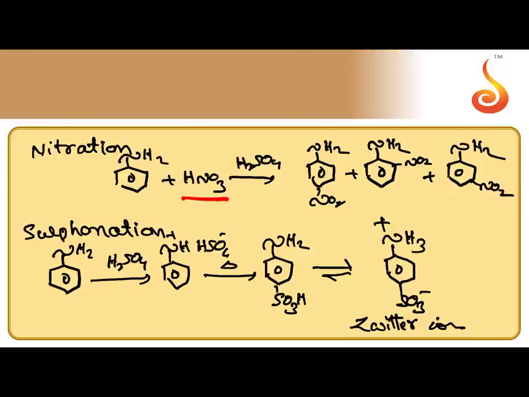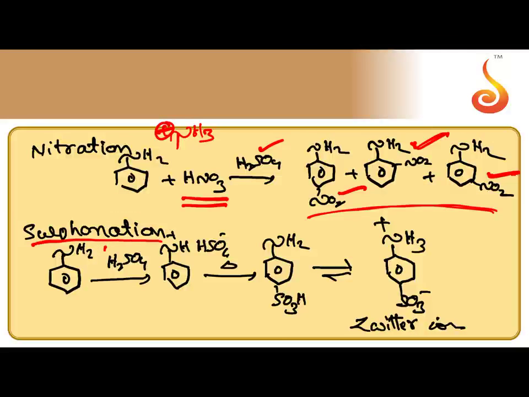Same procedure for nitration. When aniline is reacted with concentrated nitric acid in the presence of H2SO4, we can get three types: orthonitroaniline, metanitroaniline, as well as paranitroaniline. Since NH2 is an ortho-para directing group, we can expect orthonitroaniline as well as paranitroaniline. But here even metanitroaniline is obtained. Since NH2 is a basic group, it becomes NH3+ in the presence of the strong acidic mixture. That's why it acts as a meta-directing group.